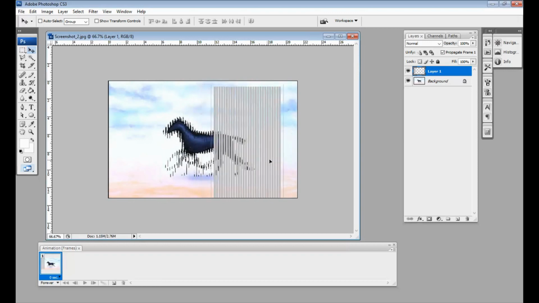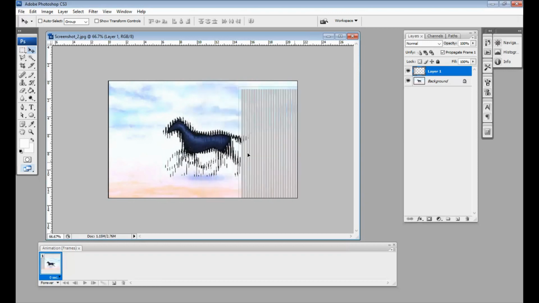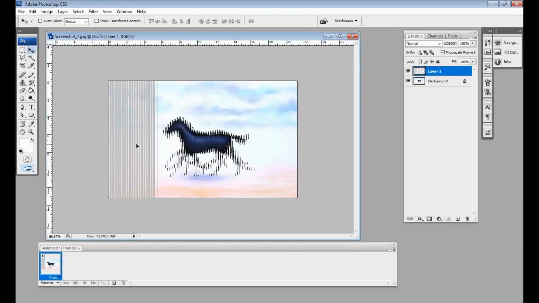Okay, but now Photoshop has a panel of animation. If we use it, we can try with this.